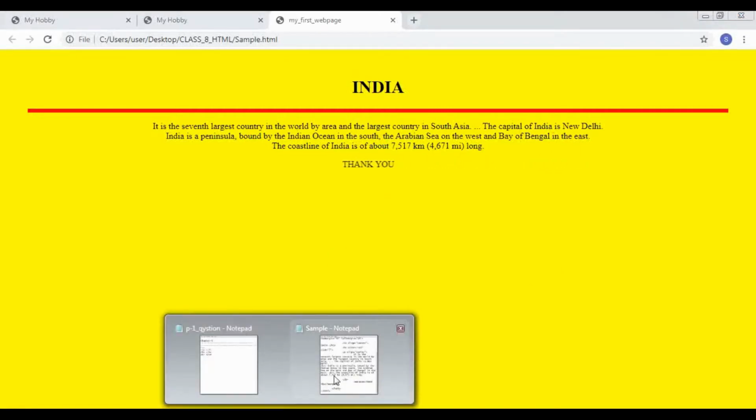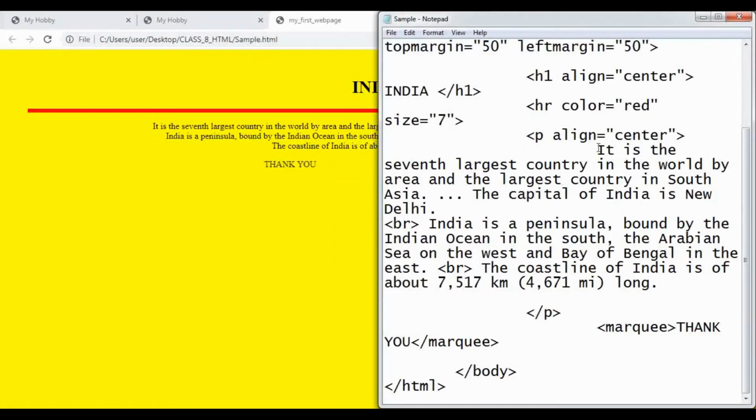So first I'll use the italic tag. So I'll write the italic tag here and I'll make the text till South Asia in italic. So till here. So it is the 7th largest country in the world by area and the largest country in South Asia.